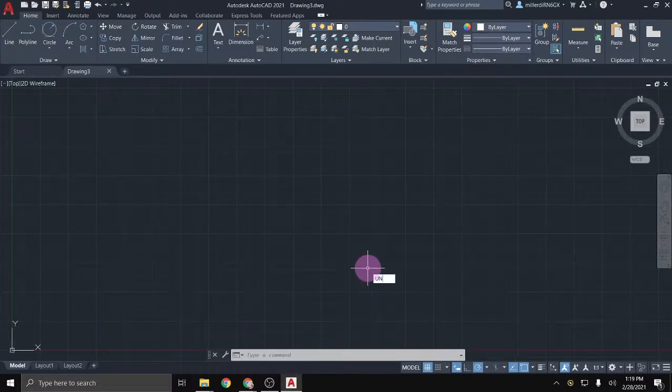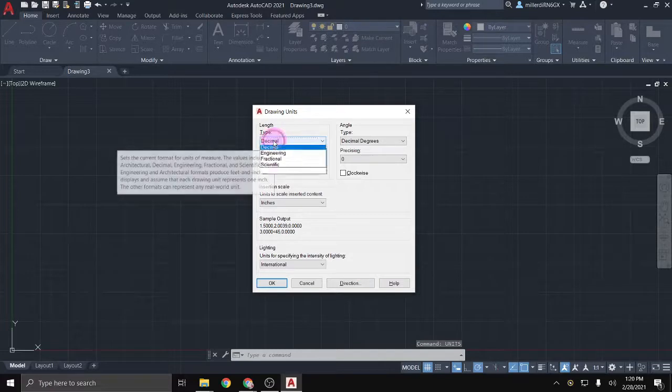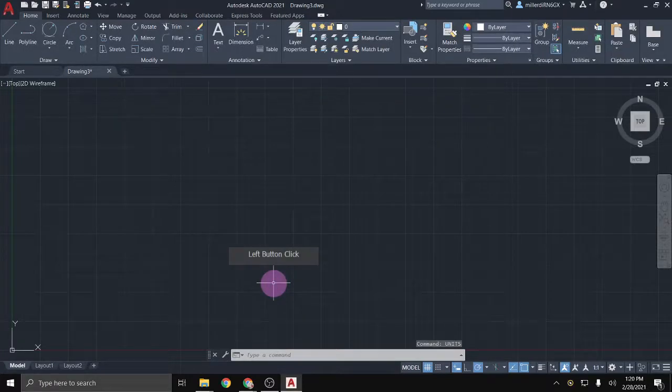So the very first thing I'm going to do in this blank drawing is type in the command units, enter, and I'm going to change my units over to architectural. Again, with your big CAD assignment, I'm giving you a template file which will already have those units set. So it'll automatically be in architectural, but that's going to be my first step. And I'll click OK. And for this one, you know what? I'll leave the grid on in the background,